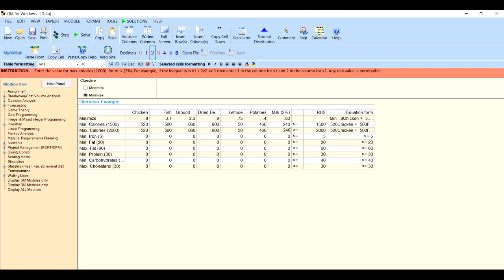Next, we move on to iron. And again, this time we're only going to enter once because we have only the minimum amount of iron. So iron is, chicken is 4.4, fish 3.3, ground beef 0.3, dried beans 3.4, lettuce 0.5, potatoes 2.2, and milk